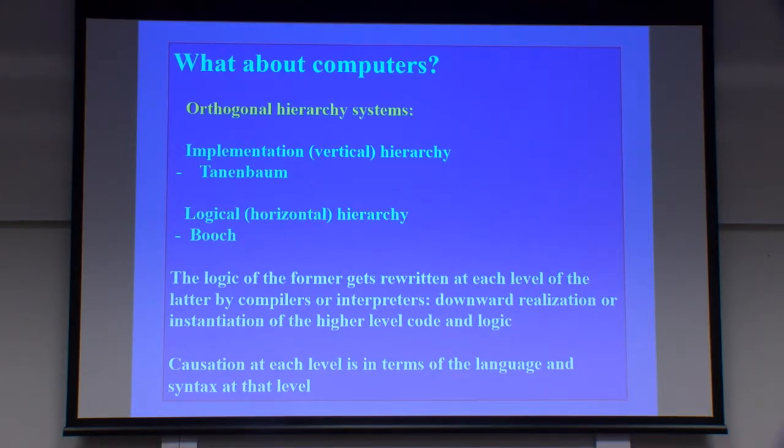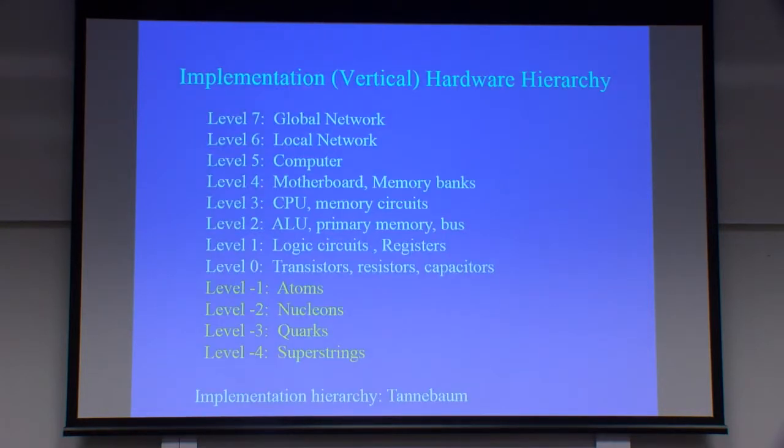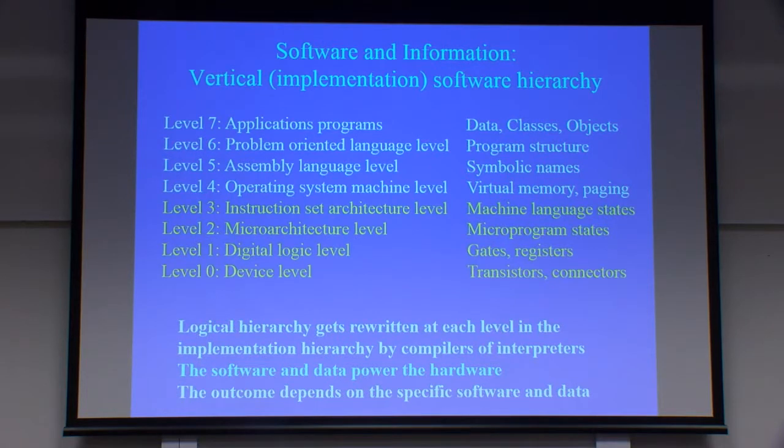So you've got logic at a certain level and it chains down to the lower levels, and we'll look at that a bit more in a minute. Causation at each level is in terms of the language and syntax at that level. So this is the hardware hierarchy, the implementation hierarchy we've already talked about, and this is the software hierarchy, which we discussed last time: your application programs, assembly language, operating systems. But this is still the implementation hierarchy, and what happens here is that